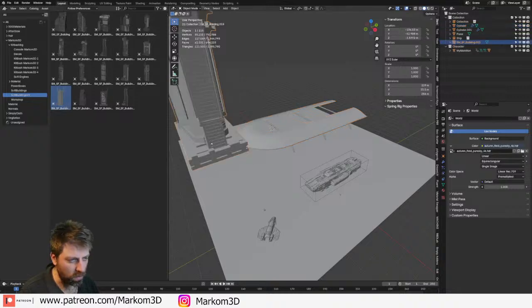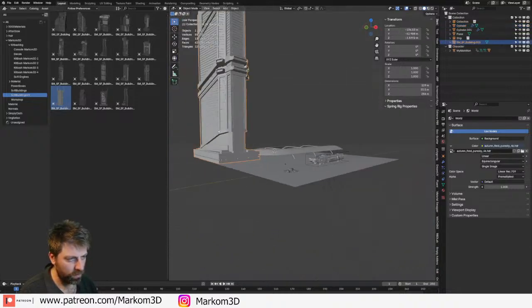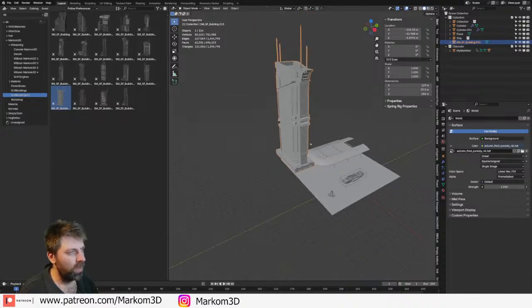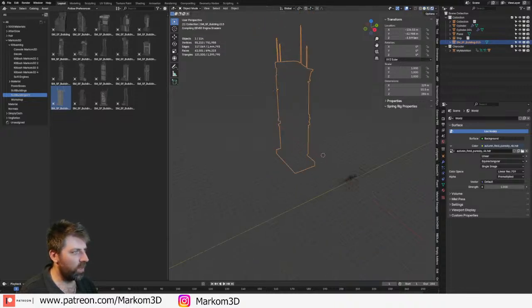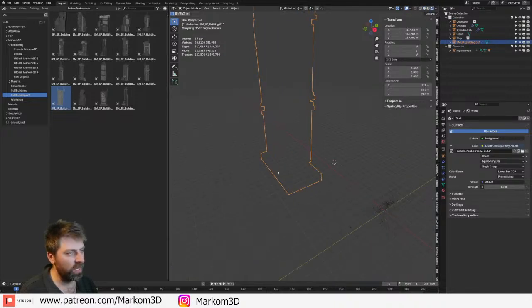I think it's V2. I'm actually not sure if this is the right buildings. I think they're the right buildings. I think these are all being retextured, and I cleaned up all the mesh.